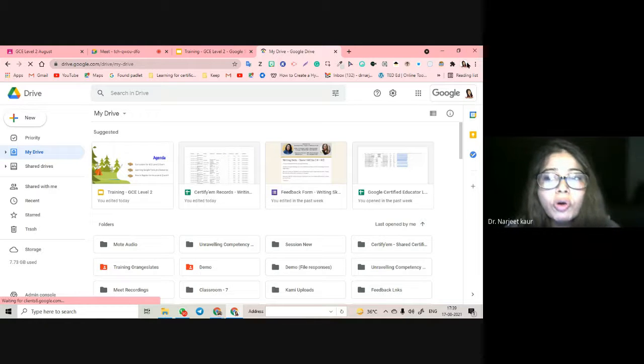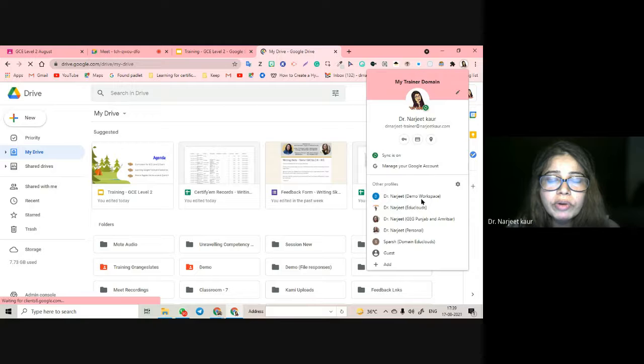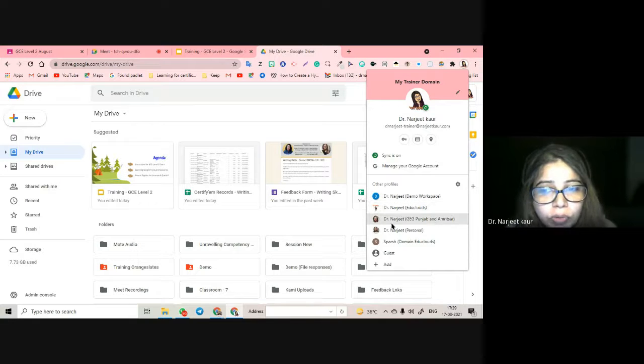When you are not logged in with that account, here you see that this little person here, this is the place wherein you are going to get logged in, right? These are the different profiles, and these profiles will show which profile you are logged in with, which email account you are logged in with. If you haven't made your profiles, you can make them. It is very convenient for you to separate your work.